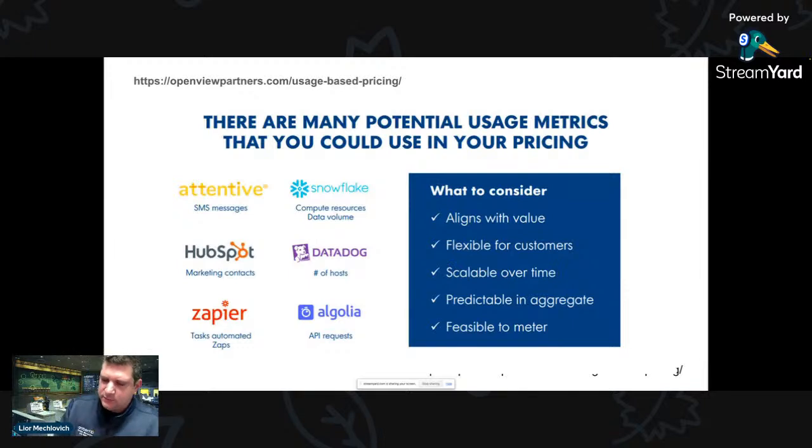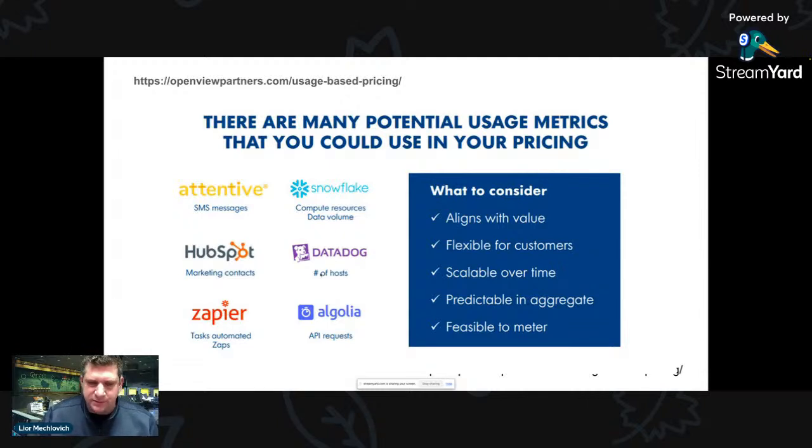And just to look at that as a trend that really goes with SaaS vendors today, this is just an example of this. I'm quoting here from OpenView Partners, who write a lot about usage-based pricing and why companies are moving to this. So this is about why it happened, and different examples of companies, like Snowflake, that charge you based on the compute resource, on the data volume. Datadog charges a lot on usage.